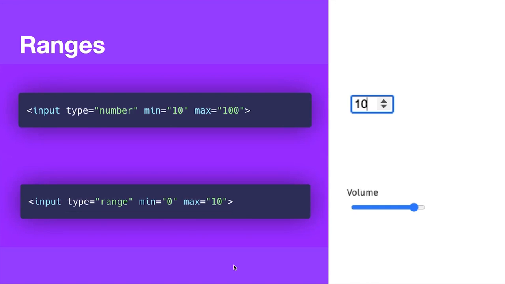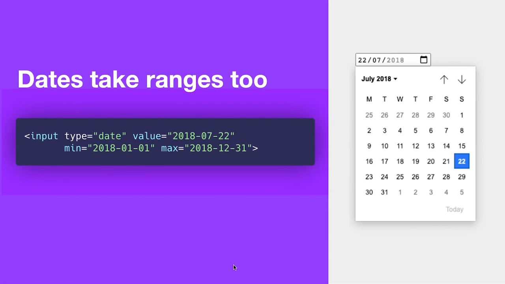And then there's more like this. I'm not going to go through a million of these, but just to give you a feel, if you've got, say, a number field, so number just lets you type in numbers, you can give it minimum and maximum. You can have sliders. They can have minimum and maximums. Again, these are basically 100% browser coverage, so it's just built in for you. It just means the user's going to get feedback right away rather than submitting a form and you doing all this extra work and giving them a message to wait for. You can even do it with that date picker. You can do minimum and maximum dates, which is kind of crazy.